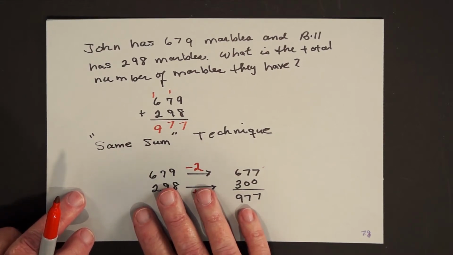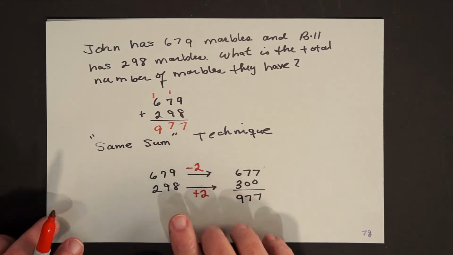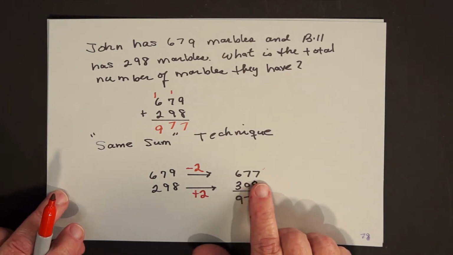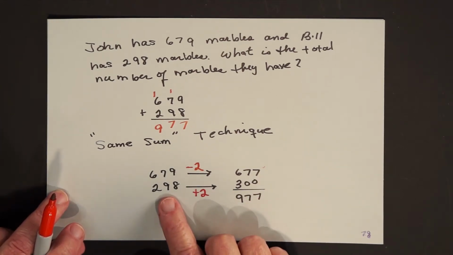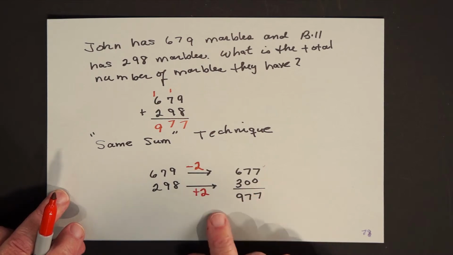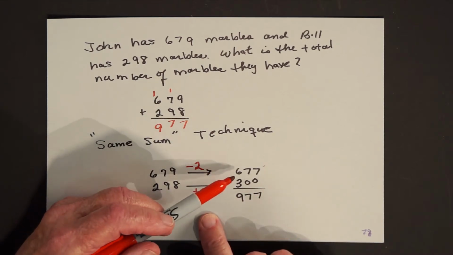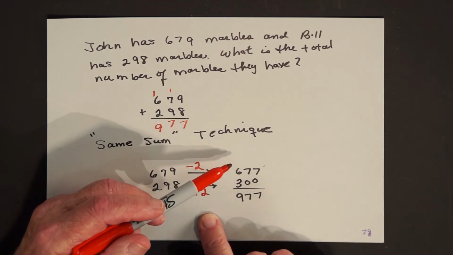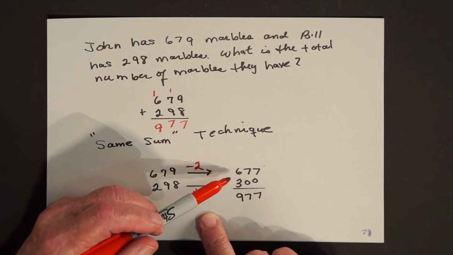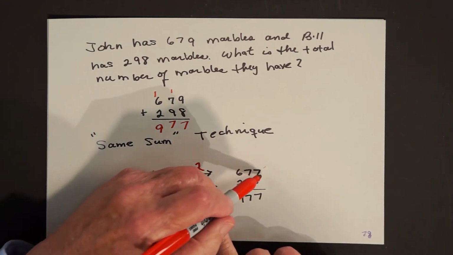John originally had 679 marbles. He gave 2 to Bill, so he now has 677 marbles. Bill originally had 298 marbles, but now he has the 2 that John gave him, gives him a total of 300. So the total number hasn't changed. So how many marbles do they have altogether? 677 plus 300. And notice how much simpler this looks